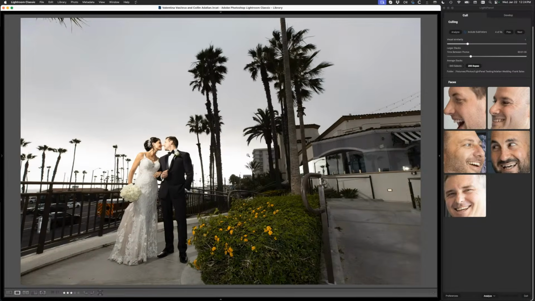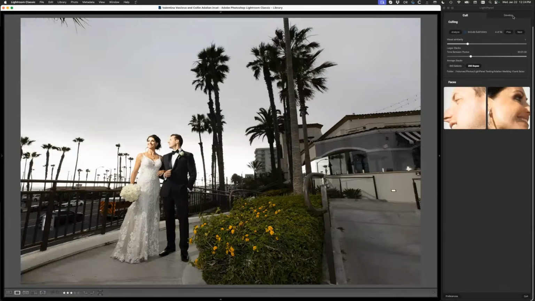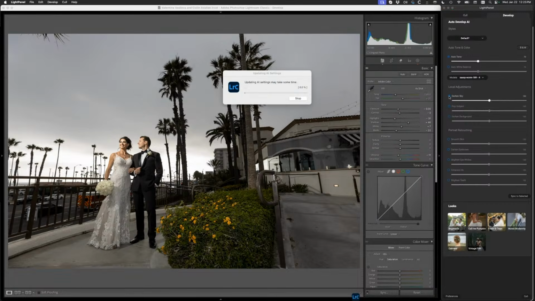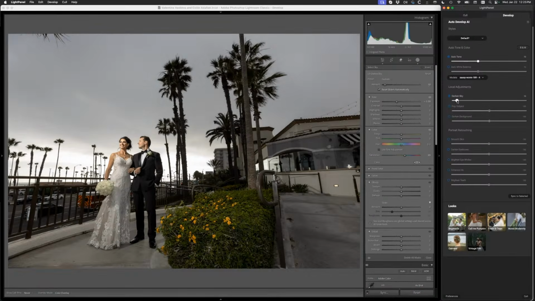Let's see that one. Let's go with this one. All right, so here we are on the Develop tab. I'll use Auto Tone to set the tone for me, so it brings back those highlights that were blown out. And then in the local adjustment section, let's say I want to darken my sky. Well, I just click on Darken Sky, and it's actually automating tools inside of Lightroom to make that adjustment for me automatically. And I can just use a single slider to control how much it's going to lighten or darken